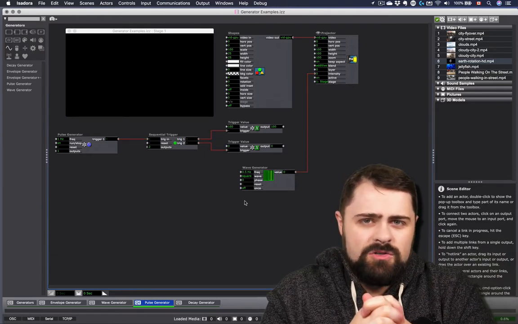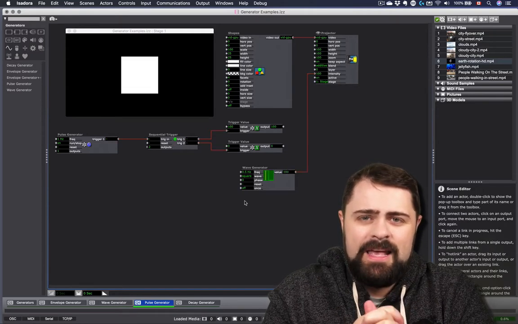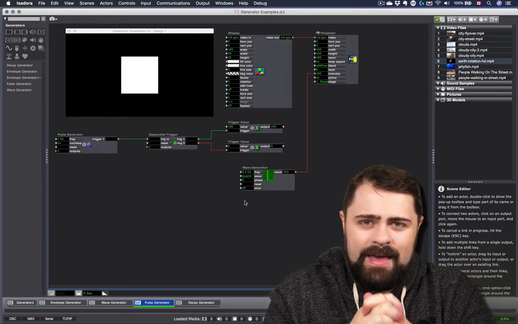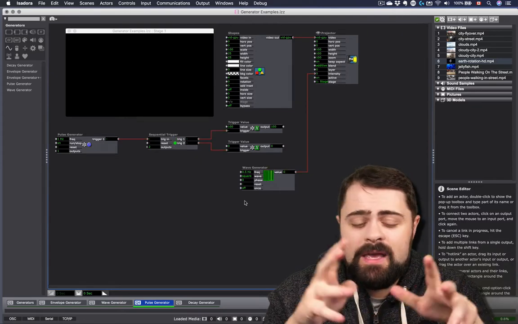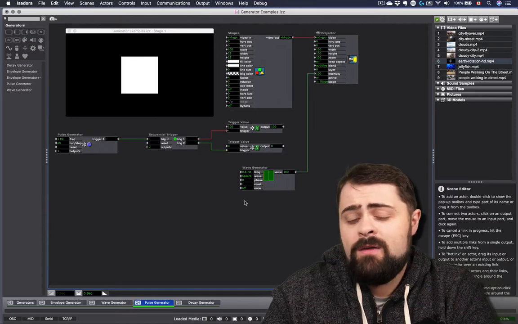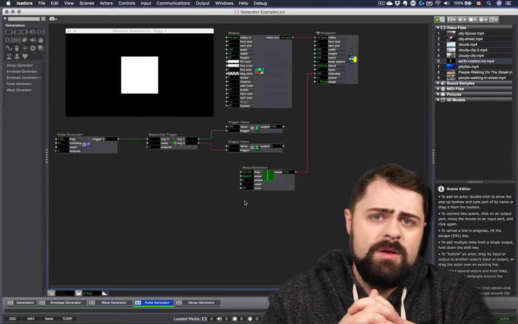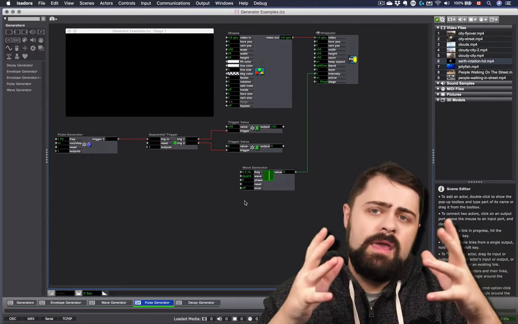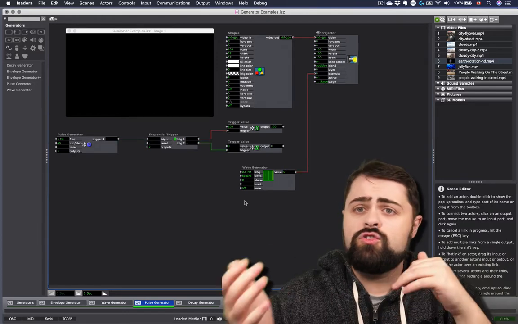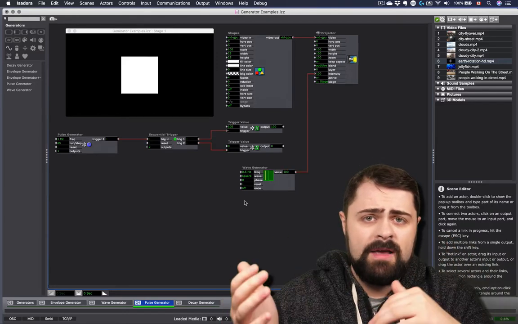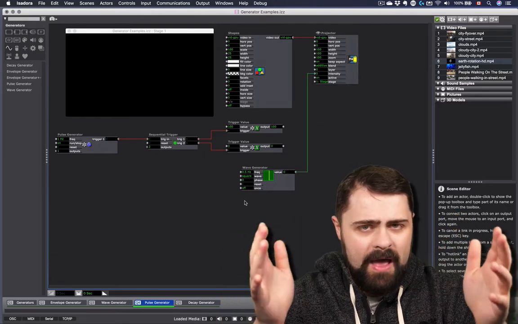The pulse generator is one of those kind of enigmatic actors. It's very, very useful in very specific circumstances when you need to infinitely continue triggering something in your patch at a consistent rate. But in some cases, it may be better to use a wave generator to create a similar effect, particularly when you're trying to oscillate between multiple values. In other ways, it can also be more valuable to use other triggers and send other triggers and messages in a sequential way, depending on how much you want to automate your patch.